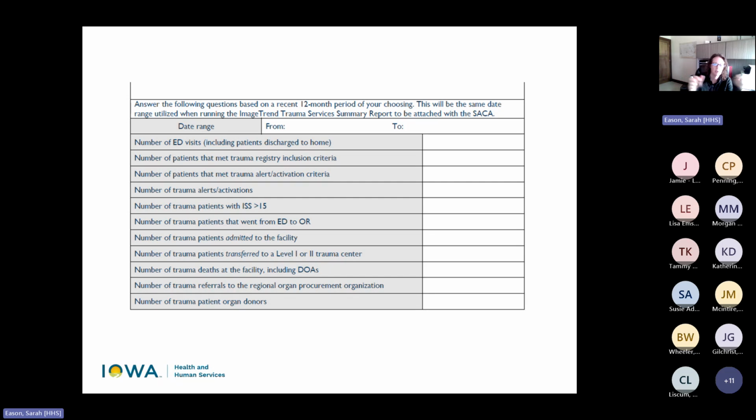A lot of times you'll get that feedback from IDN that says, thank you, Cam, for participating. A recent 54-year-old male that came through your facility was able to donate 2 lungs, a liver, and his heart. And you're going to know who that is, right? Based off of that information, you can put that number there, that there were 4 organs donated from that one patient. But that was a trauma patient that came in. You got him transferred, and they got the organs harvested.